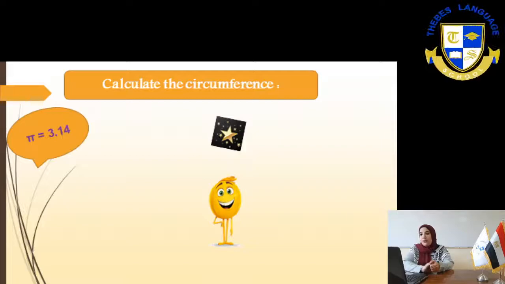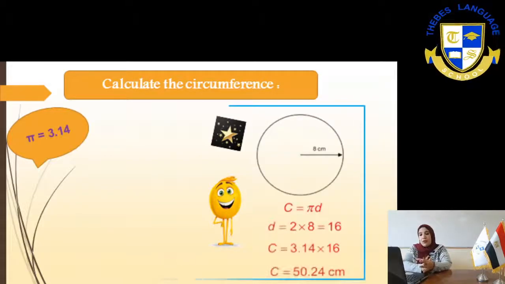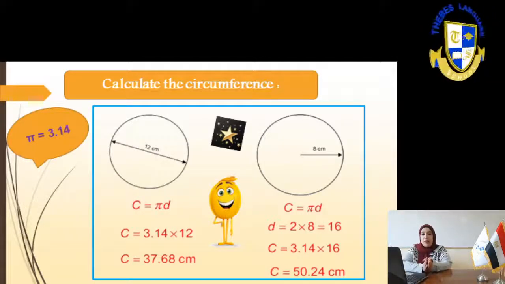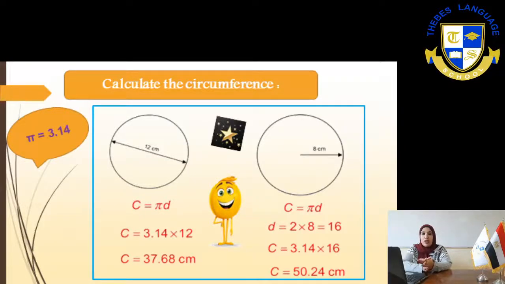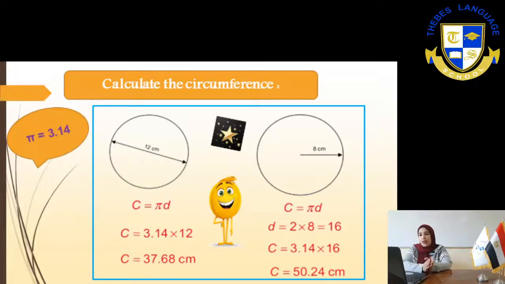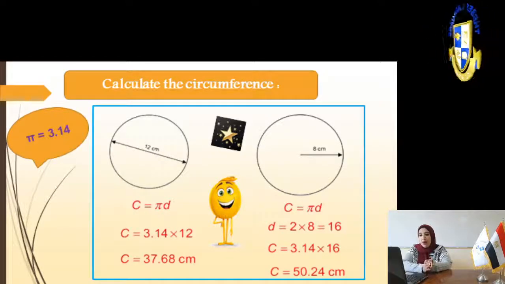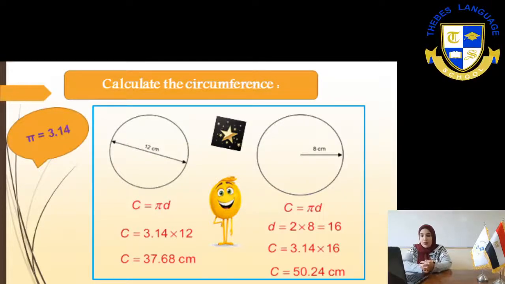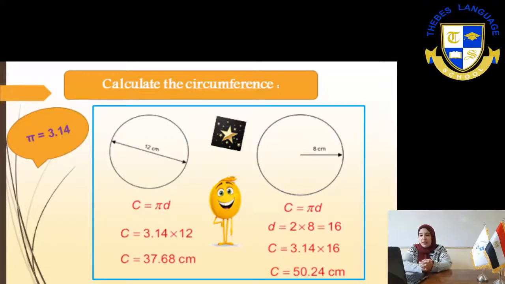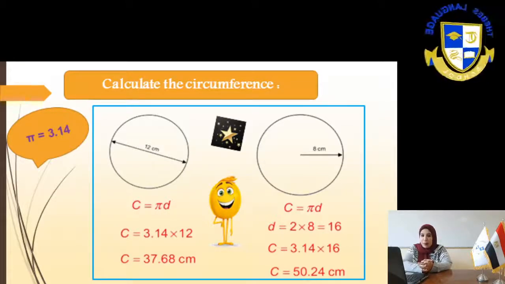As you see here, you have a circle with diameter length 12 centimeters, and it asks you to calculate the circumference. Here, pi must be given. He told you in this question the value of pi equals 3.14. To get the circumference, it equals pi multiply d. 3.14 by 12. The answer will be 37.68 centimeters. Centimeters, not centimeters square. Remember, here you're calculating length, perimeter.